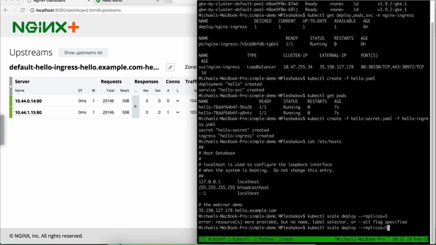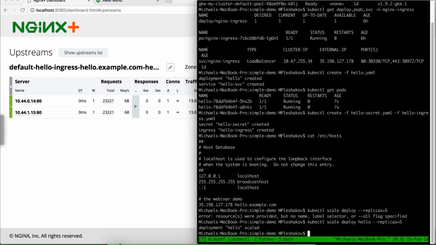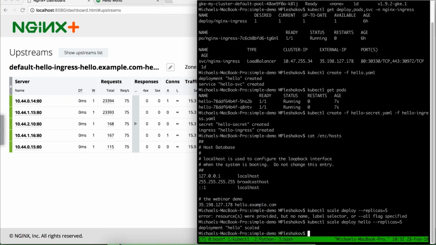I forgot to specify the name of the deployment. In this case, it has a name hello. Let's try again. The deployment scaled. As you can see, Kubernetes quickly created pods, and the IP addresses of those pods were quickly added to the Ingress controller